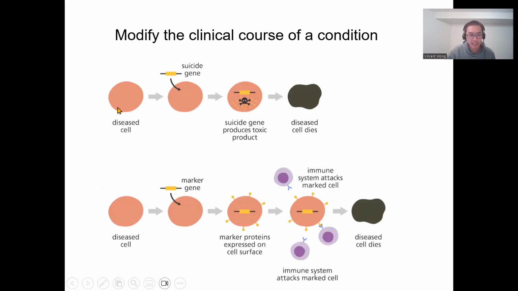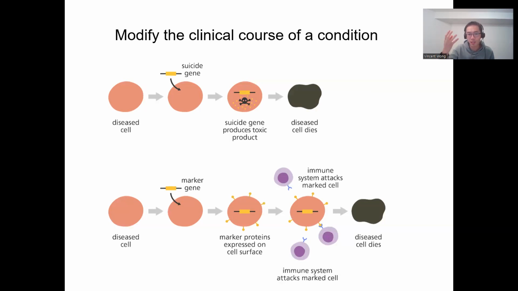So here it is. This is a disease cell. It doesn't have to be cancer, it could be something else. But we introduce a suicide gene. The suicide gene contains instructions to make a toxic product, and then it kills the cell. But of course, we have to be very careful. We have to make sure that only